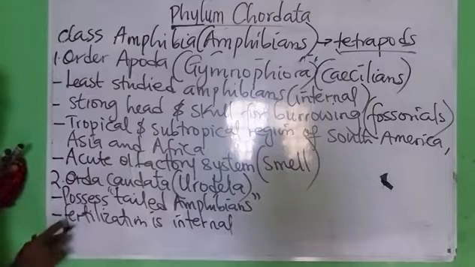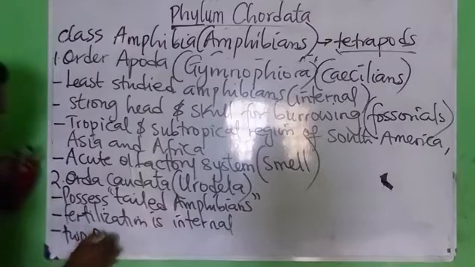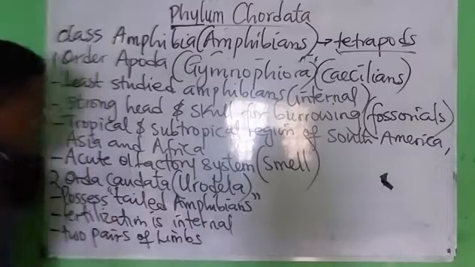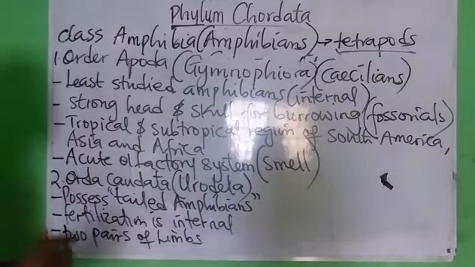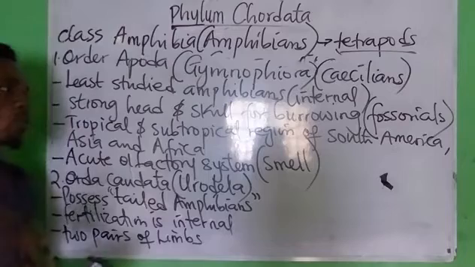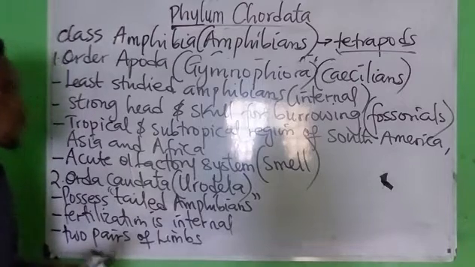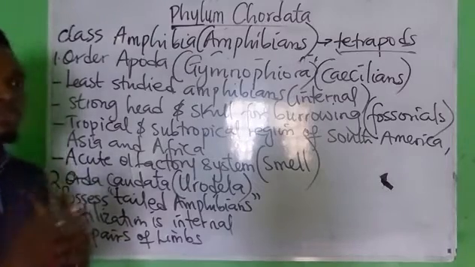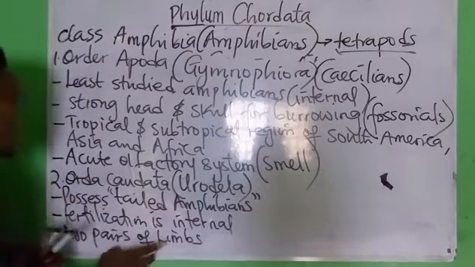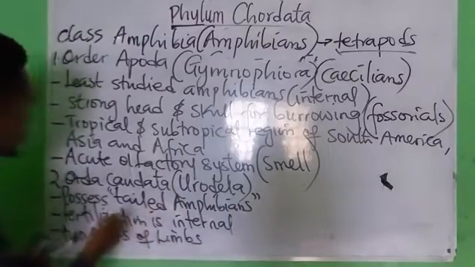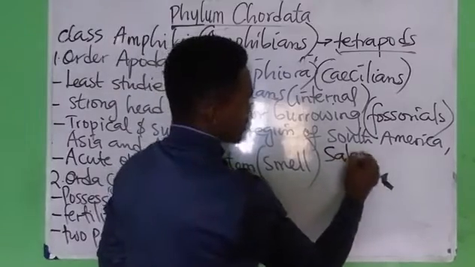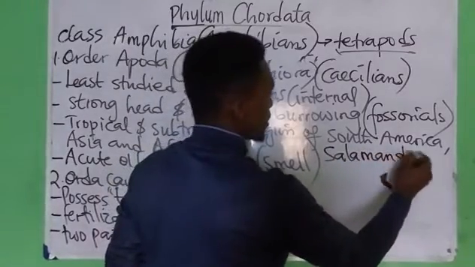And these guys, they have two pairs of limbs. Now, if they have 2 pairs of limbs, what does that tell you? It means that they have 4 limbs altogether. They have 4 limbs altogether. However, it is not all members that actually possess limbs for locomotion. Examples of chordates or urodeles are salamanders,